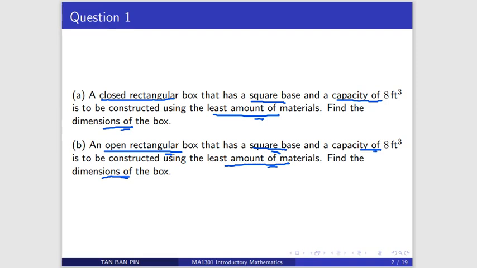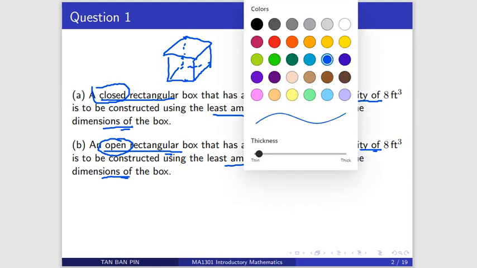So the difference between part A and part B is that one is a closed rectangular box, the other one is open. When you have a closed rectangular box, the base is a square, right? So you need to do the cover, because it's closed.